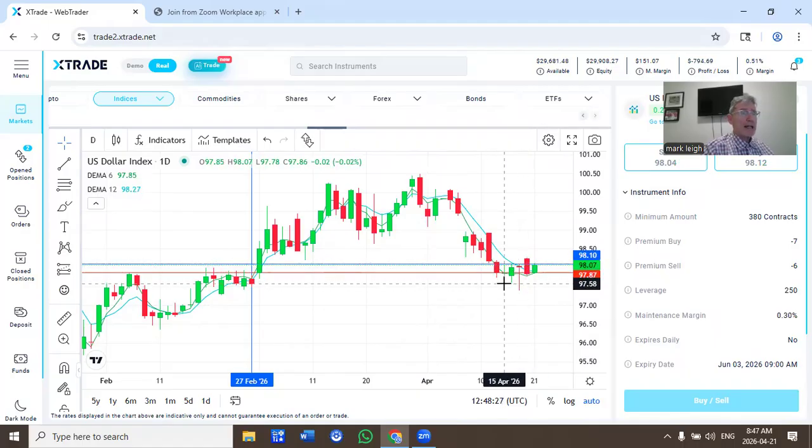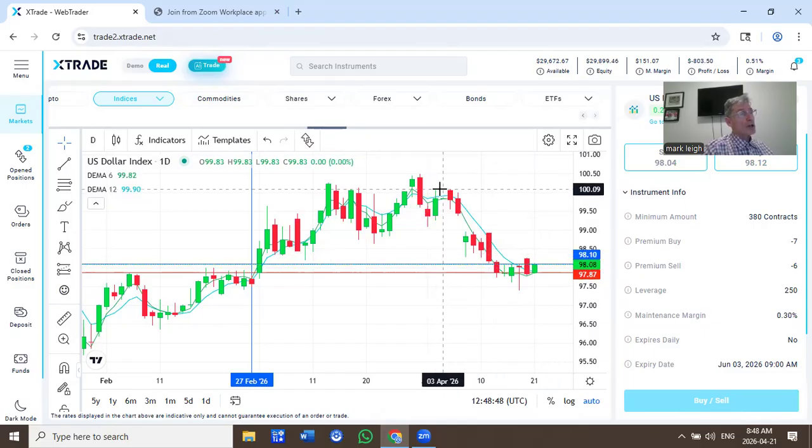I've got support at 97.87, resistance at 98.10. We'll see whether this bounce back does continue, where the demand for US dollar continues. Even the EMA is about to cross to the upside, but a long way to go in the US session. We'll see how this does play out